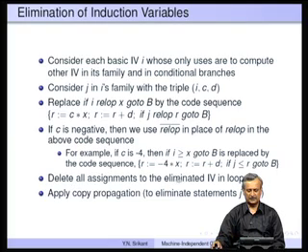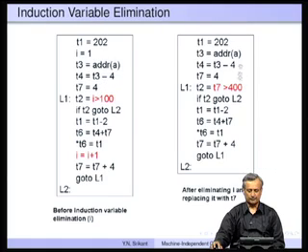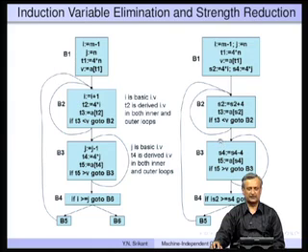Then we delete all the assignments to the eliminated induction variable in the loop, in this case i, and apply copy propagation to eliminate statements of the form j equal to s if necessary. So, here we did this replacement, instead of i greater than 100 it became T7 greater than 400, and that is about it. Then the second example, instead of i equal to i plus 1, T2 equal to 4 star i, we did strength reduction, it became S2 equal to S2 plus 4,